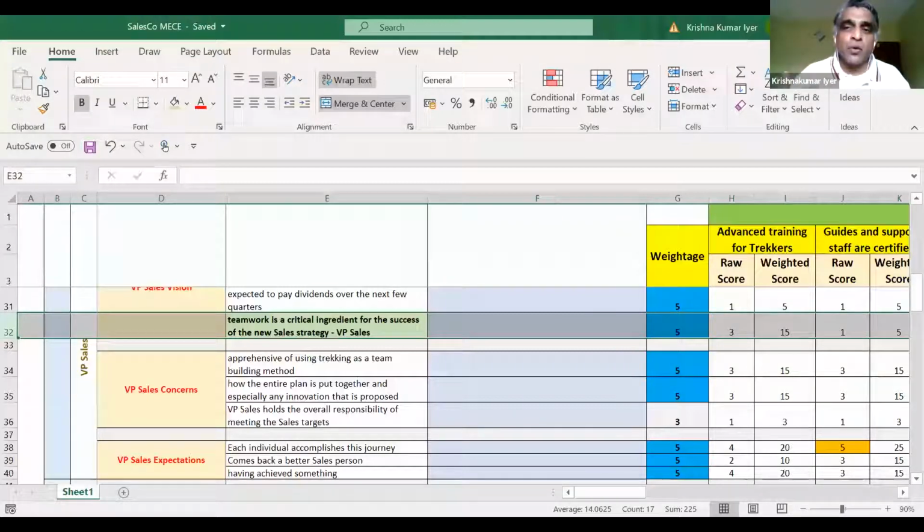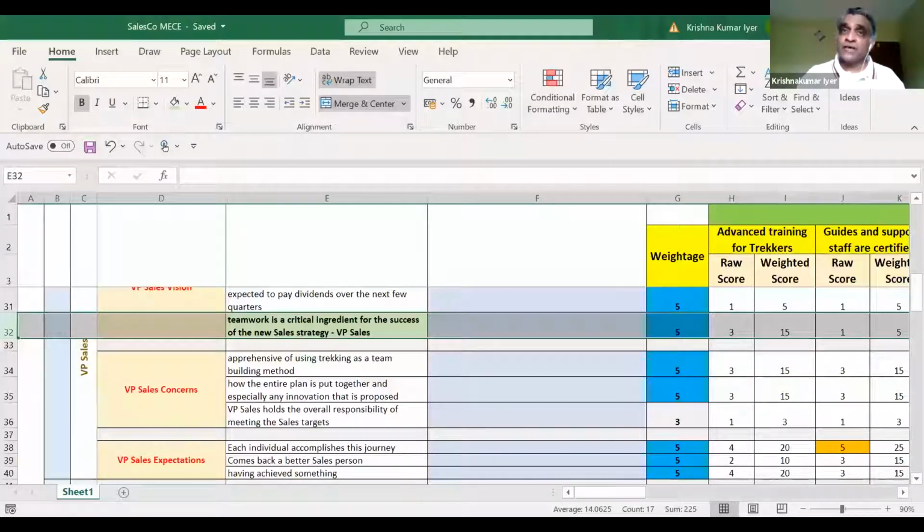Put yourself for a moment in the VP sales coach's shoes. And when he looks at your proposal, he says, interesting. Looks like these guys have understood the issues that I have talked about as far as the RFP is concerned. First, nail on the head, number one.